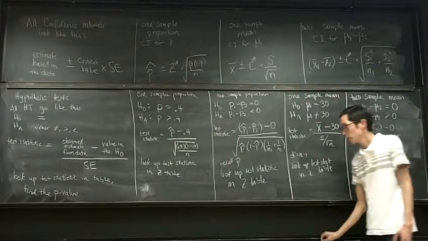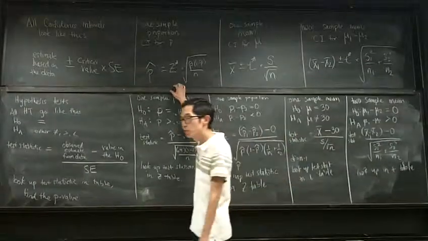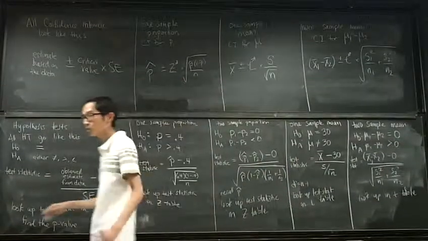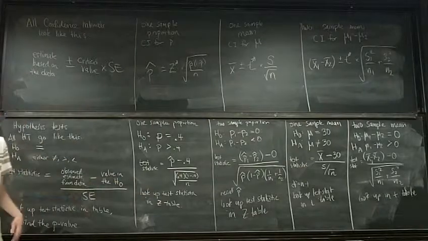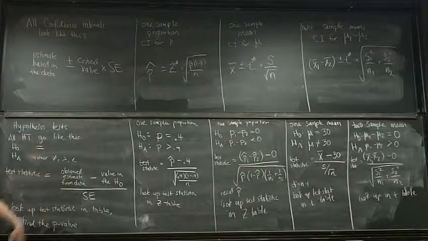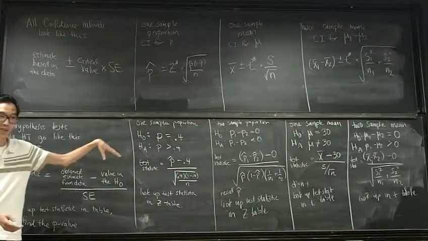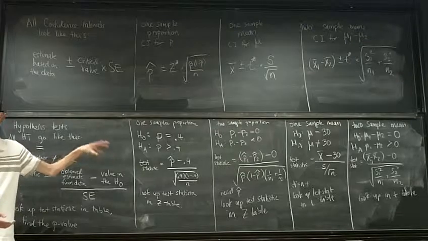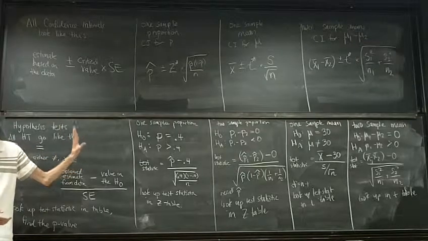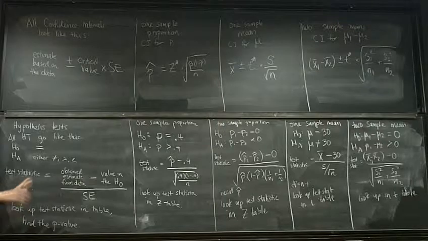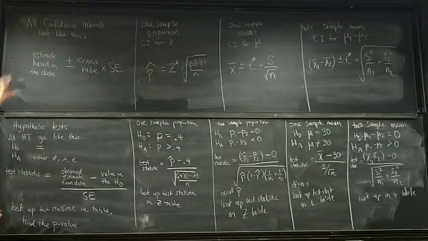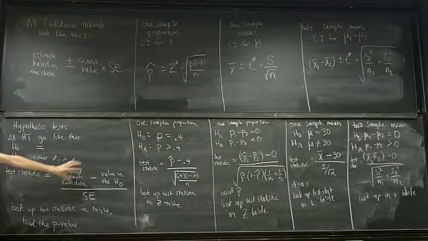So the details do matter. You can't just use the wrong standard error and hope to get away with it. You've got to use the right standard error and the right estimate of all of these things. That is very important. But I just want to show you that the overall concept for all of these is the same. You've got something coming from the data, you're subtracting